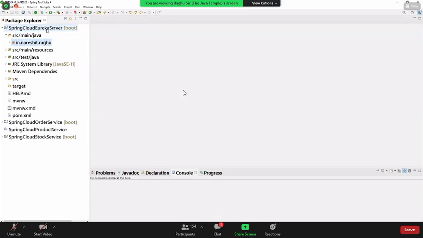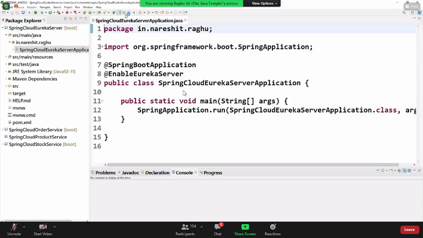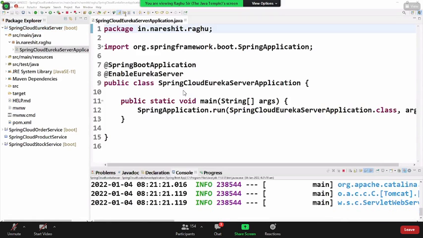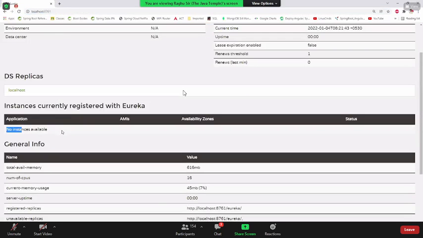First run the Eureka server. No instance available.